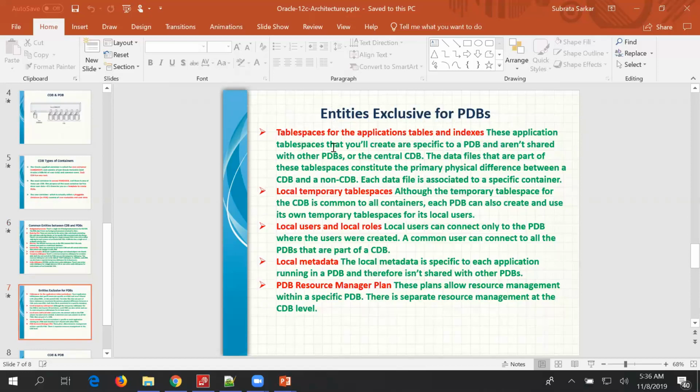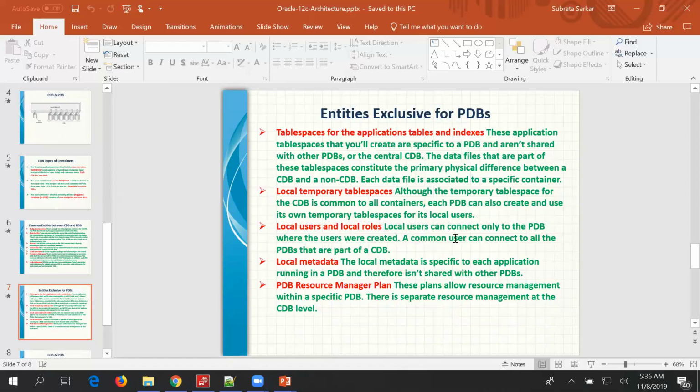This application tablespace that you will create is specific to the PDB and isn't shared with other PDBs or the central CDB. The data files that are part of this tablespace constitute the primary physical difference between a CDB and a non-CDB. Each data file is associated with a specific container. Local temporary tablespace: although the temporary tablespace of the CDB is common to all containers, each PDB can also create and use its own local temporary tablespace for its local users.